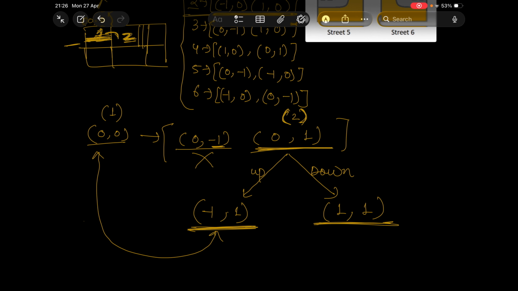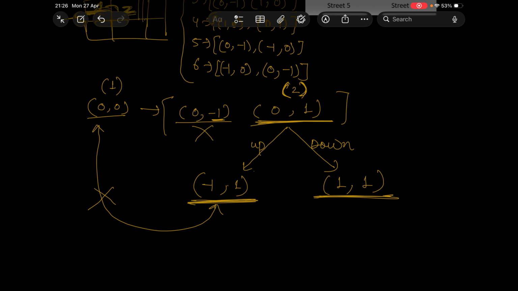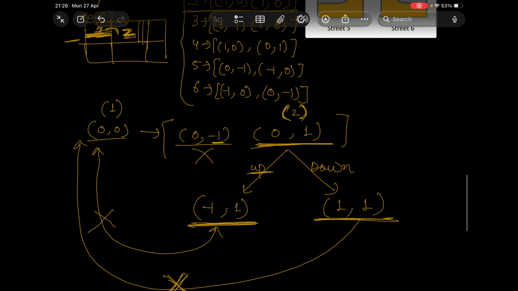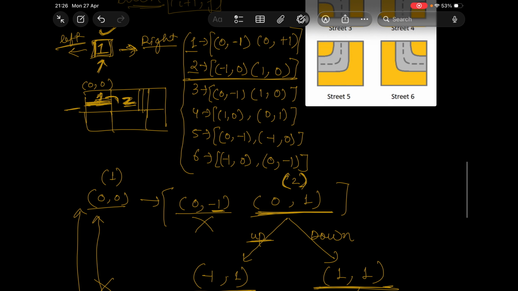No, this is not equal, so we cannot go to 2 using up. Now we cannot go back to 1 using up. Now if we check this value, compare this, do these two equal? No. So which means we cannot go back to 0 comma 0, that is 1 from 2, which means there was no path,